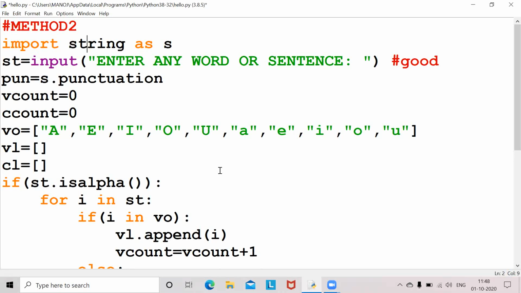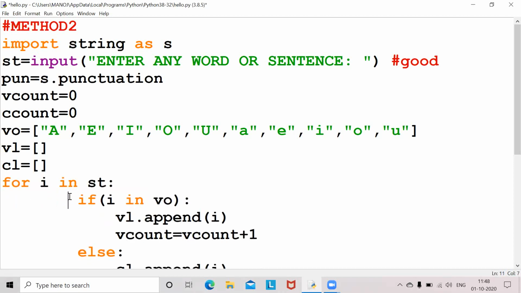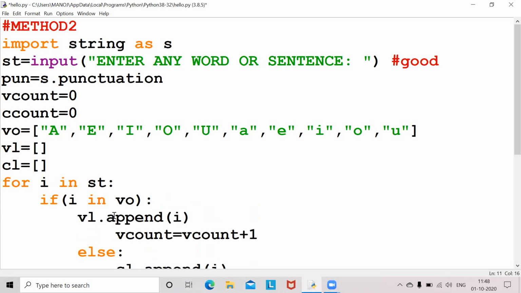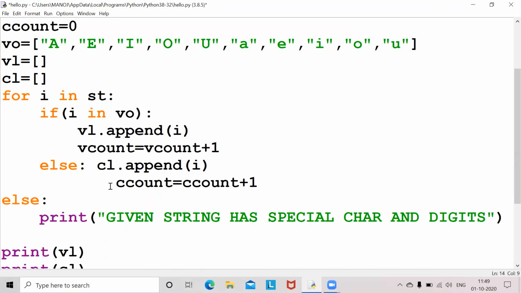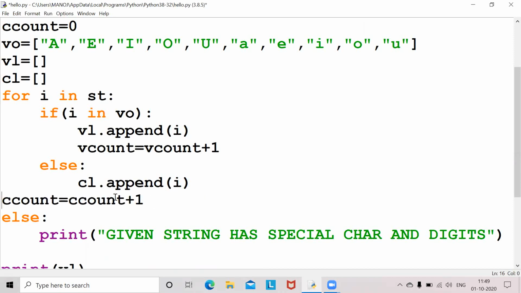Now let's see. Now I'm taking this out. Here no need to print this message.